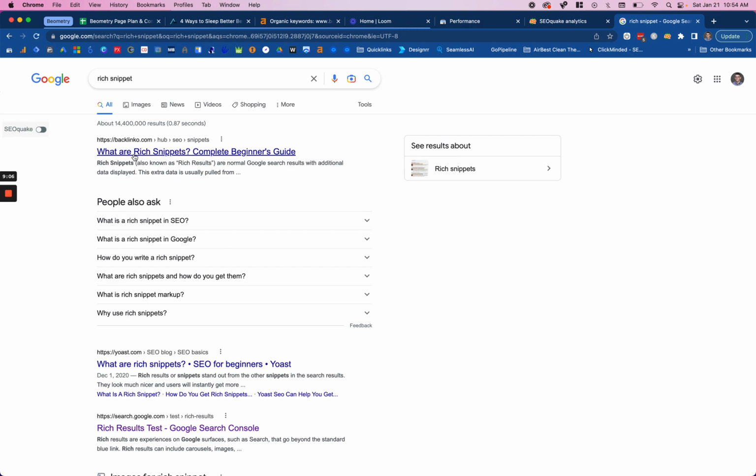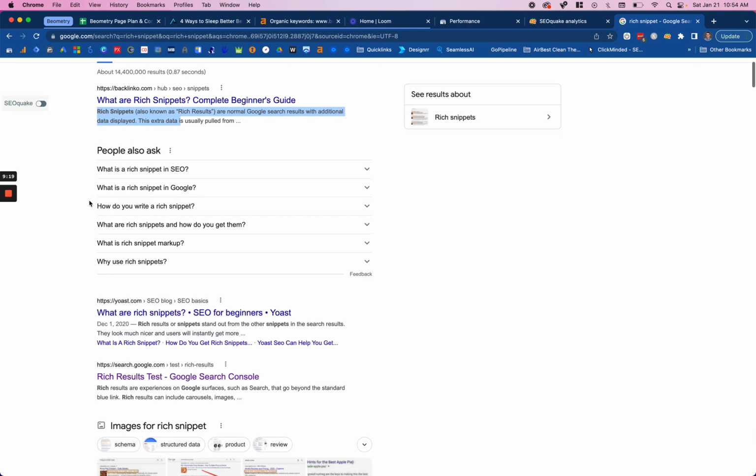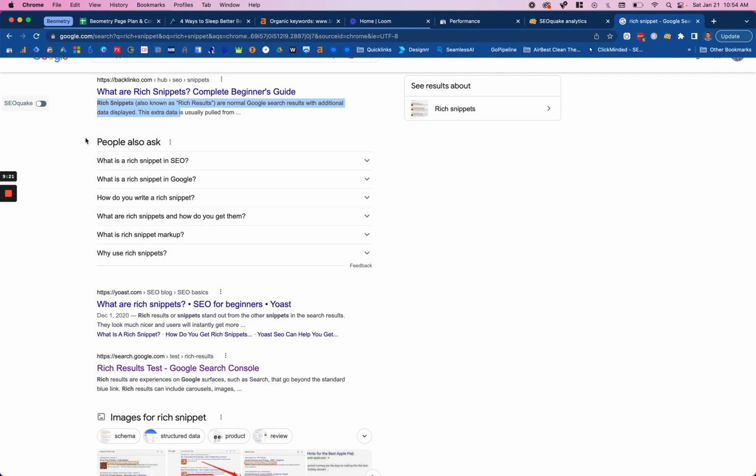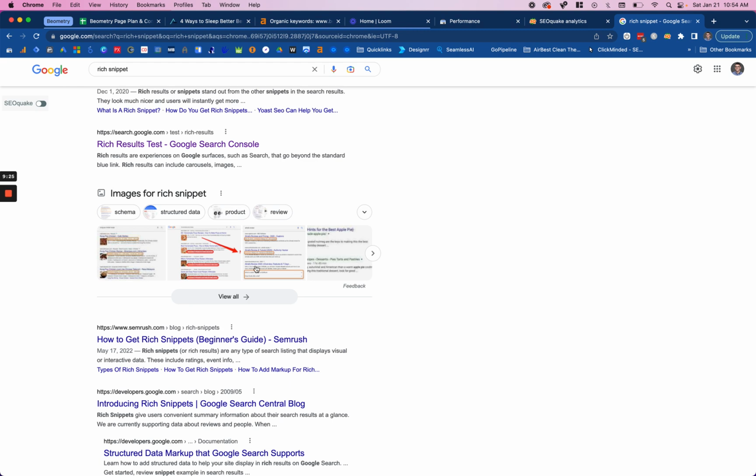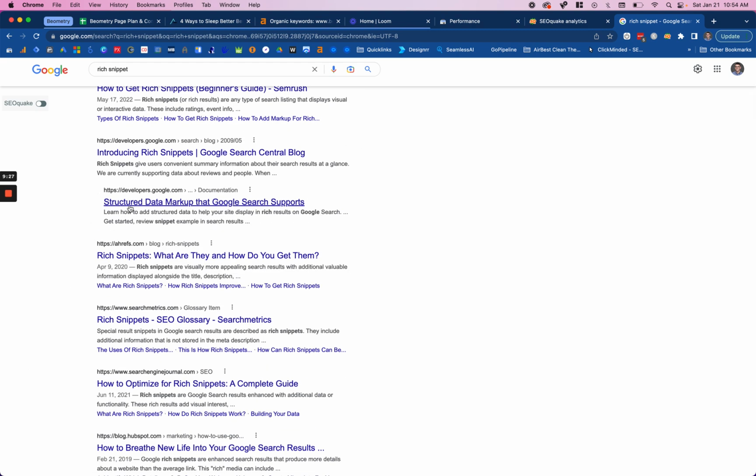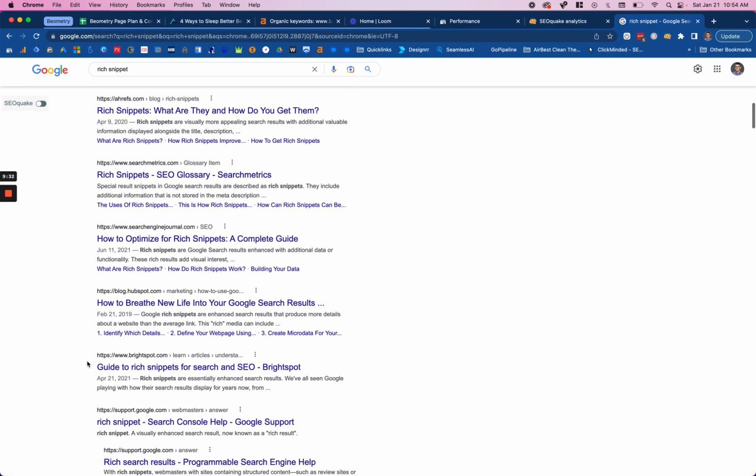This is anything other than this. So here's the traditional look on the SERPs: the link, the page title, which is what we're working on right now, and then the description. Anything other than that is a rich snippet, or sometimes called a featured snippet. People also ask for is one version. Images here, that's another version. When you see an indented different link, that's another version.